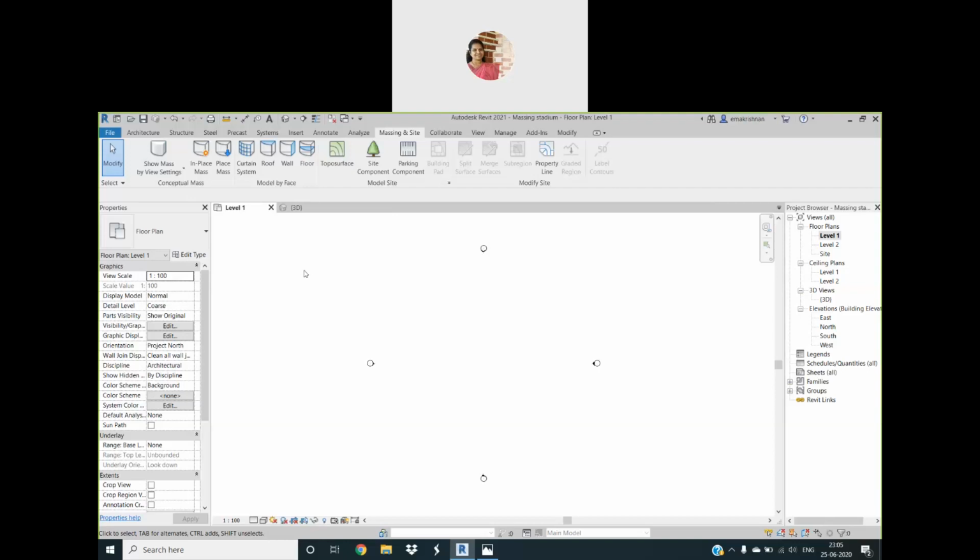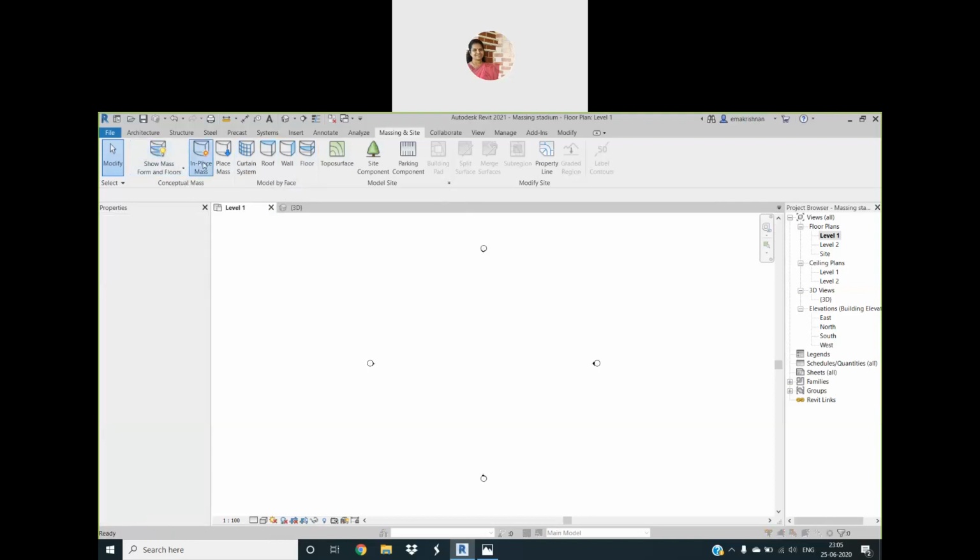The massing logic behind that is that a mass is a selection of space in a particular shape and size. So we will develop that imaginary form, then we can convert it into a structure by adding floor, wall, roof, and curtain system by selecting the faces. That is the technique. It's quite interesting also. So let me switch on the mass and let us create it.